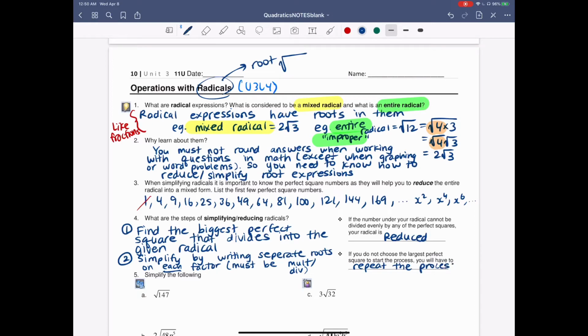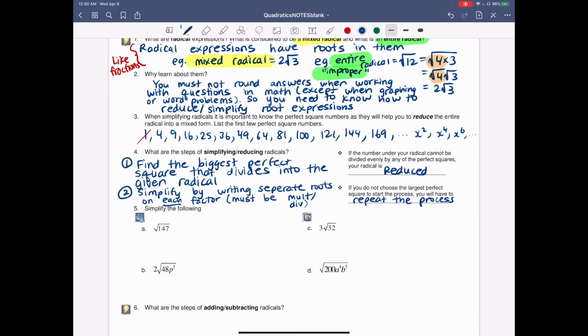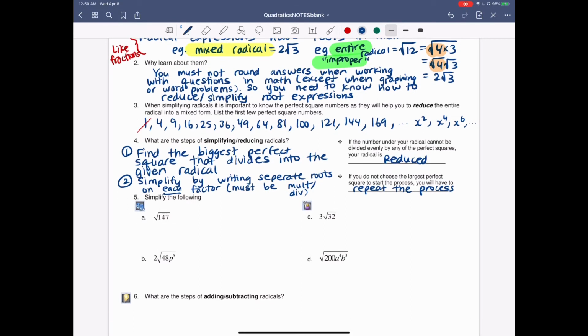Okay, and that's okay. We're just taking more steps as we do that. So let's go through some of the more simple examples. Square root of 147. What can I divide that by? I'm taking a look at my list of perfect squares from question 3 and kind of mentally going through it, or you could use a calculator. Once you've done that, you should notice that it is divisible by,